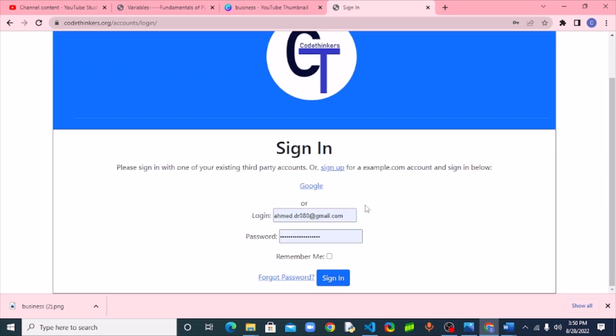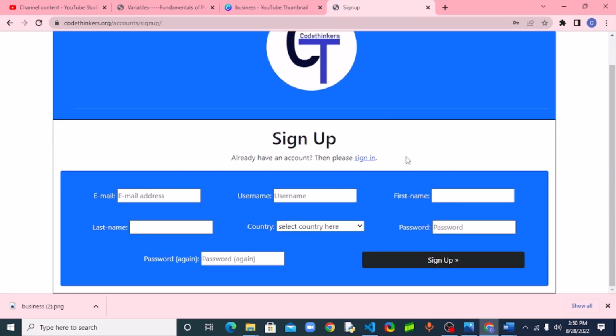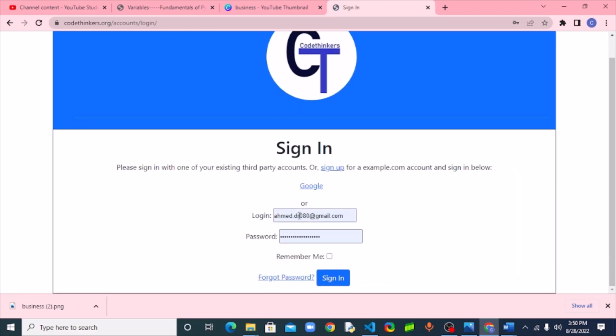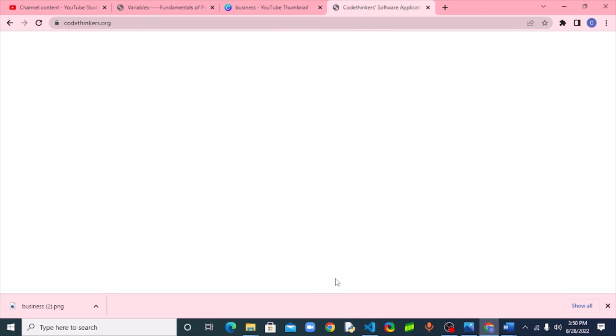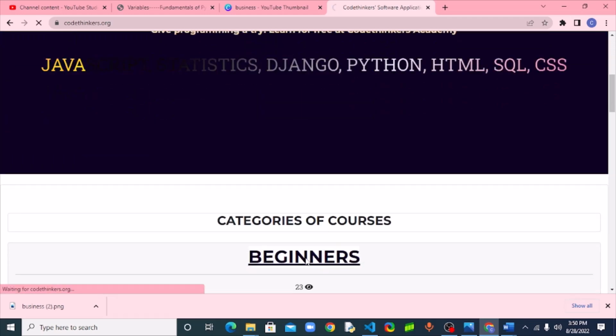This is Codecad's learning platform. If you don't have an account, you can sign up here and enter the necessary credentials. Then you are prompted to sign in here. You put in your credentials, your username and password, then you sign in. When you sign into Codecad's learning platform, you come to beginners, you click on beginners,